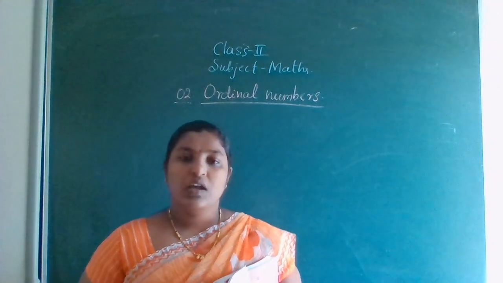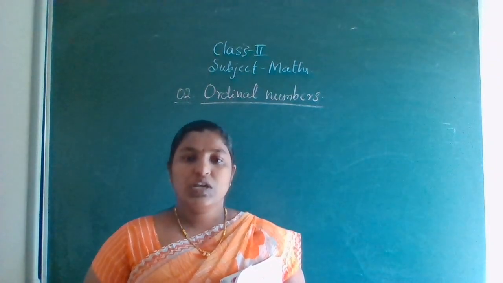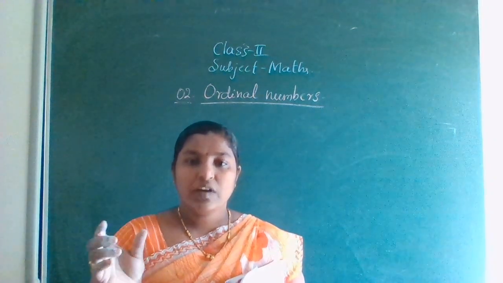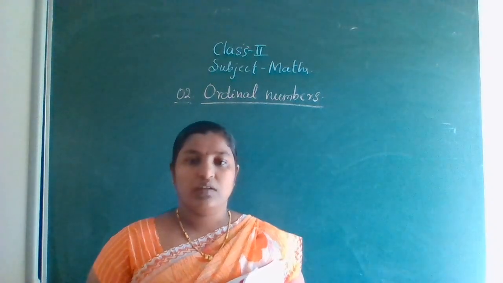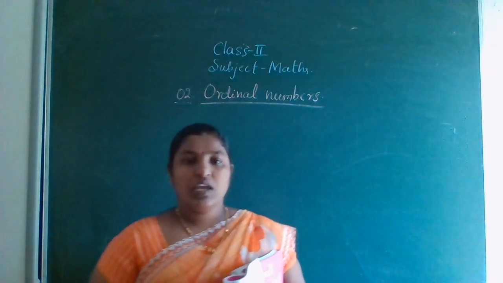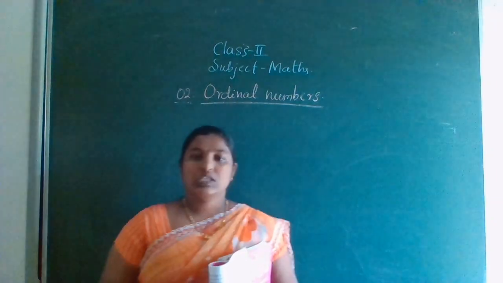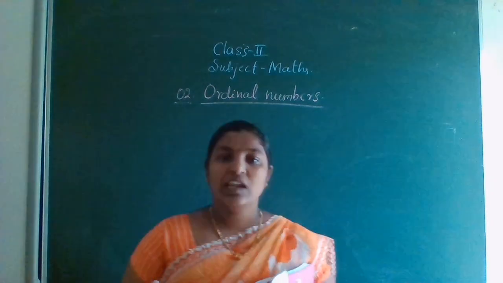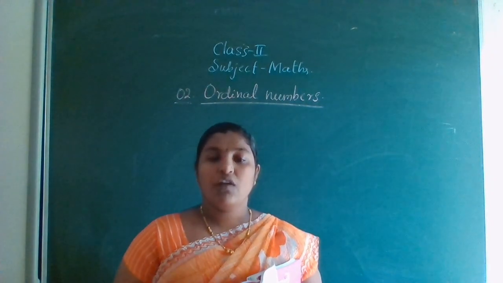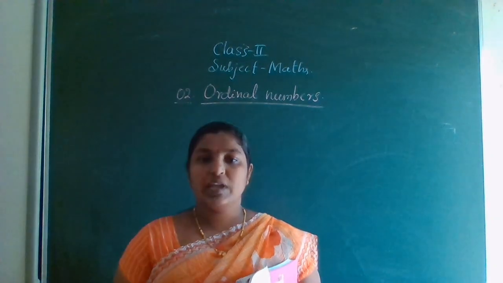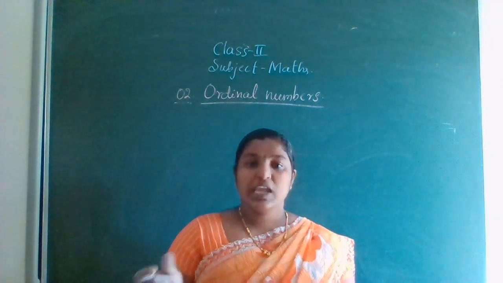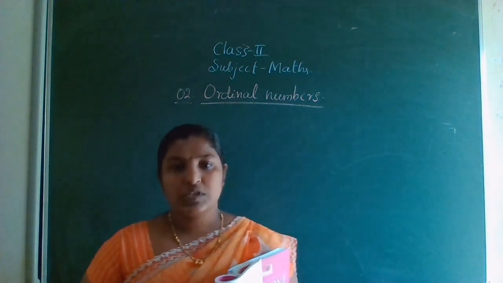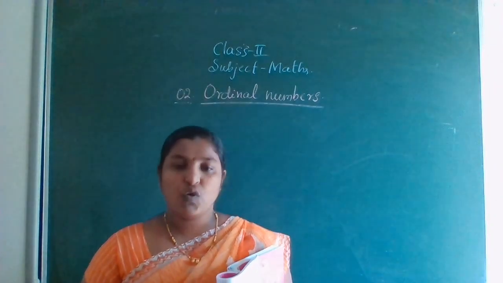For example, Pratiksha stood first rank in her class. First indicates 1. Rahim is sitting in second bench of his class. So second indicates 2. Like this we will see many examples in our daily life, like 5th, 4th,